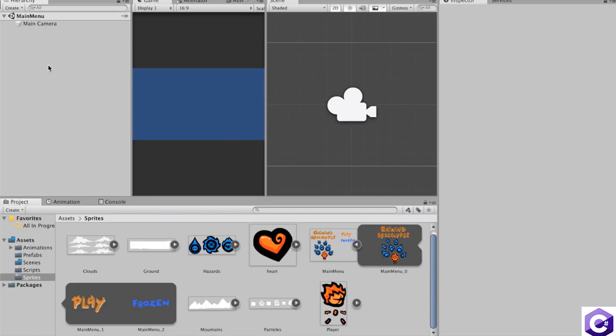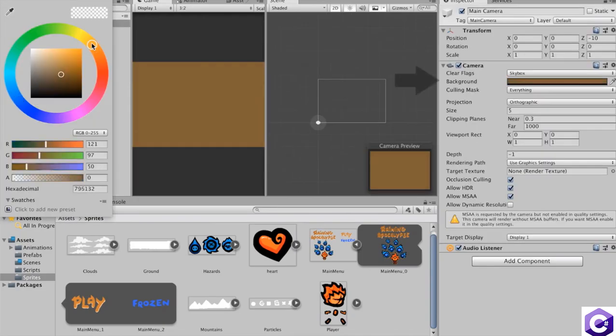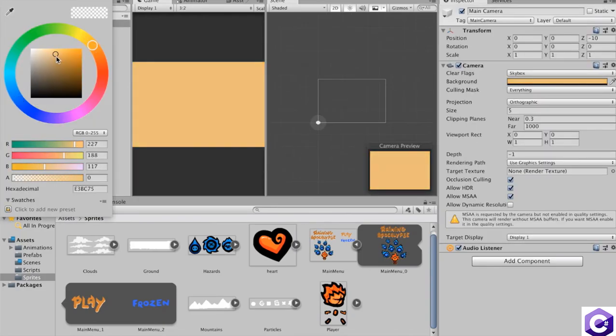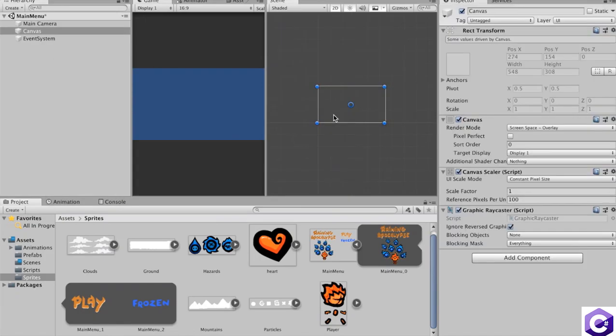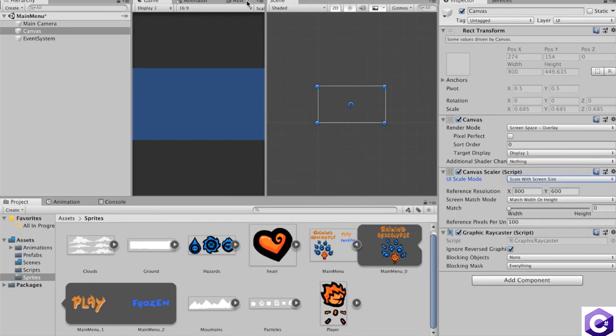We recommend you have fun creating some designs for the main menu yourself, but if you didn't feel like it, you can of course just download the assets via GitHub. So I'll start by changing the camera to some light brown color. Then I'll create a new UI canvas. Like we did in the previous video, we'll set the canvas scale component to scale with screen size, and then in my case I'll type out 300 for the width and 200 for the height,